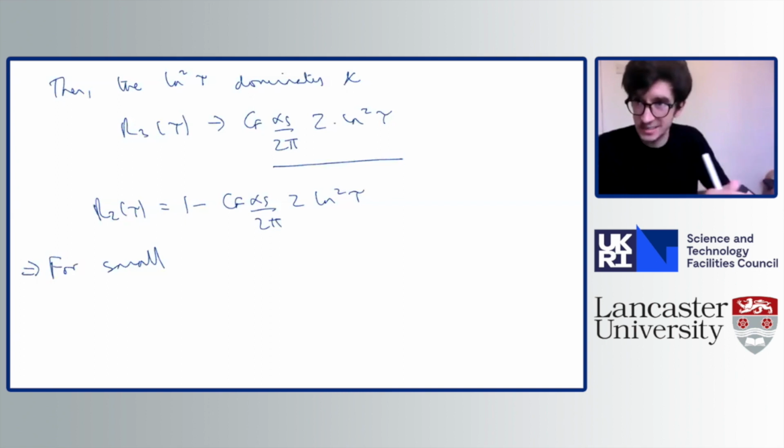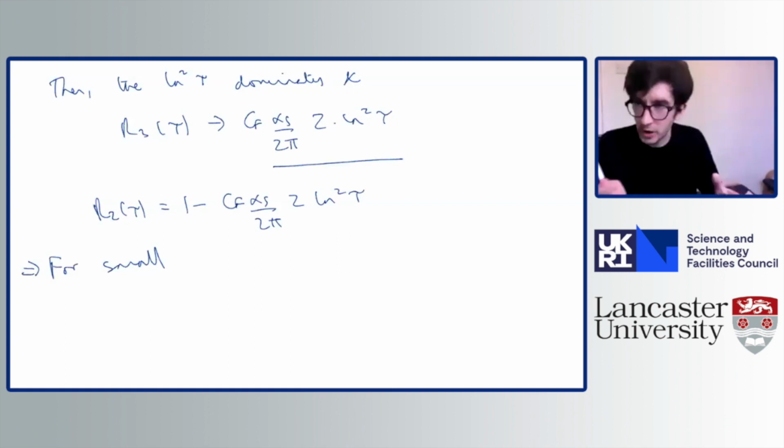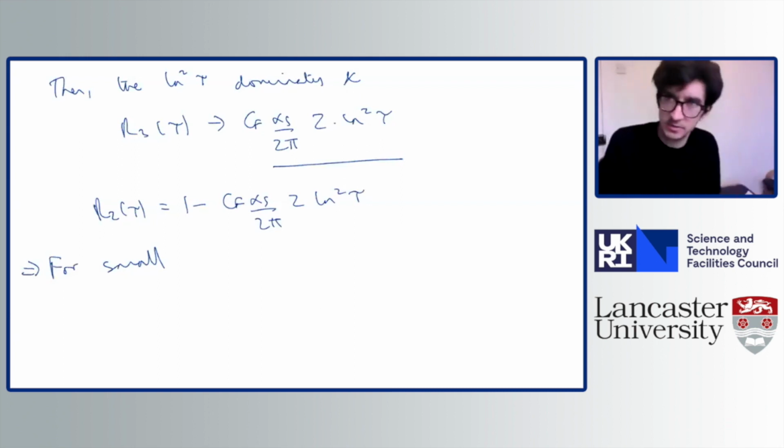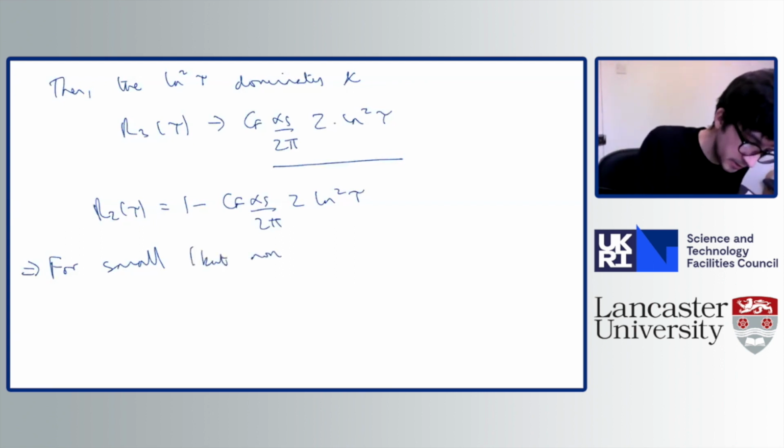I'm not actually setting it to 0, so it's a perfectly well-defined region. Nothing is infinite; I'm not taking the log of 0. Imagine tau is 0.1 or 0.01 or something like that. Let's take tau to be quite small. Then this log of tau is going to be big. That's the point. So for small but non-zero tau, nothing's infinite,